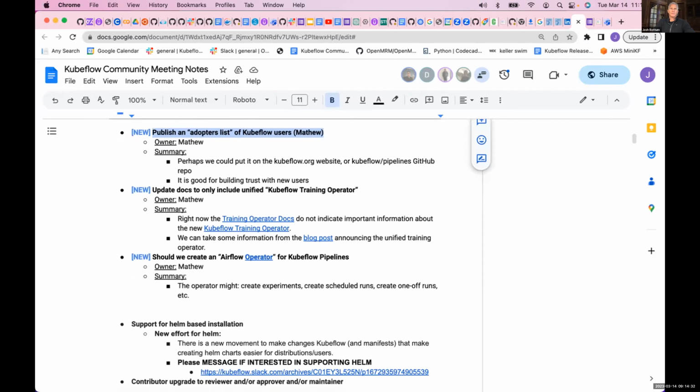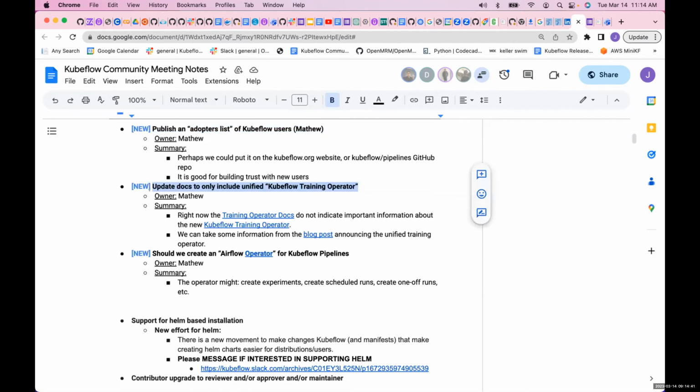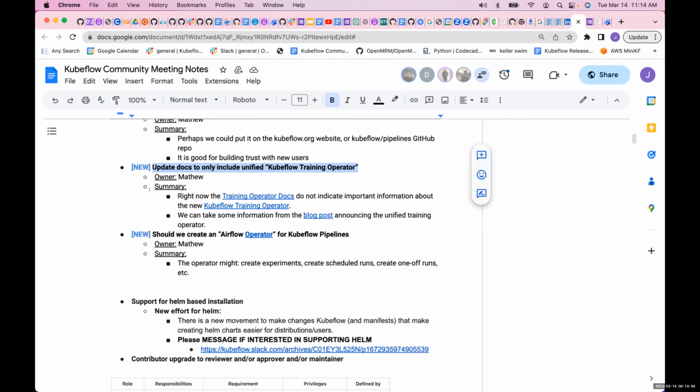Okay, and update docs to only include Kubeflow. Oh yeah, this is a comment about the fact that I've been focusing on the distribution docs for a while, but the component docs also need their own series of work. For some reason, the component docs for Trainer Operator are completely out of date. They don't even reflect the current state of the project. I have no idea what's going on there. I don't know if they have a separate docs website that they're using, or what's happening there. All right, we need to take a look at this.